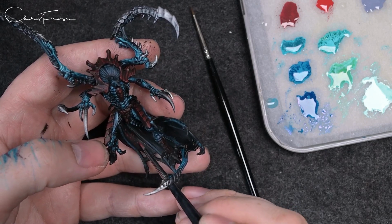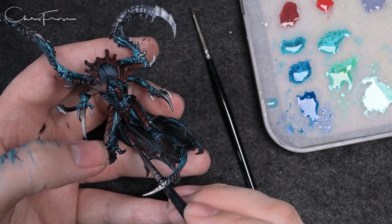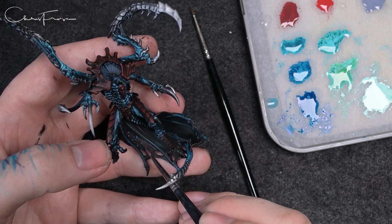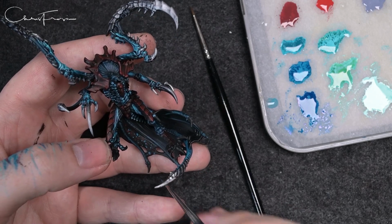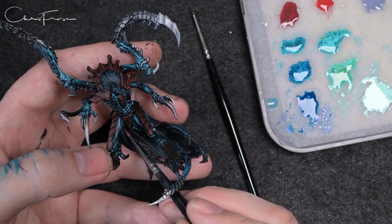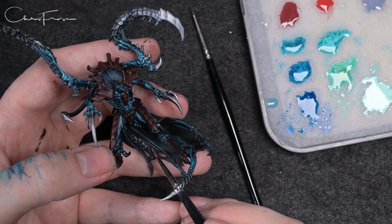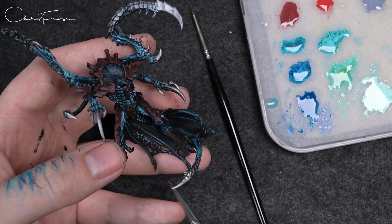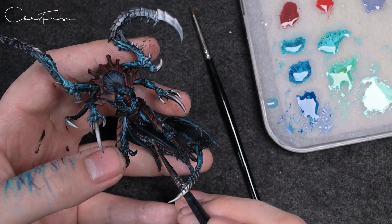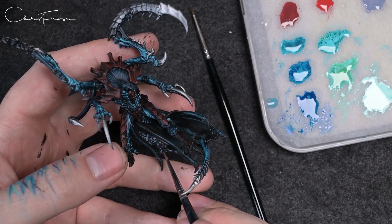Right, so you will have seen I brought the base on. I printed off some Tyranid spore chimneys and spikes and things, because I want all these Tyranids to have a more evolved, terraformed world that they're fighting on, rather than it being an Imperial world with a bit of Tyranid stuff sticking out of it. I wanted it to be more like fighting on a battlefield that's further down the line of the Tyranid invasion. So I printed off the Tyranid bit. I also sculpted a rock for the base as well, and the rock was painted in that somber grey colour,